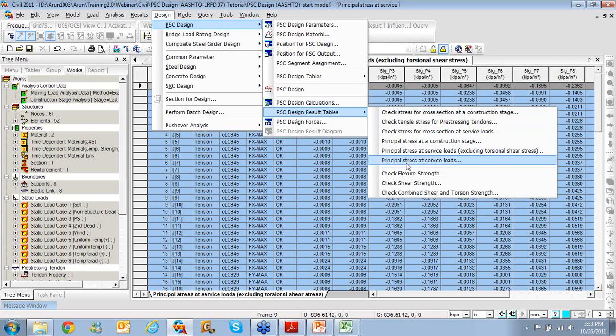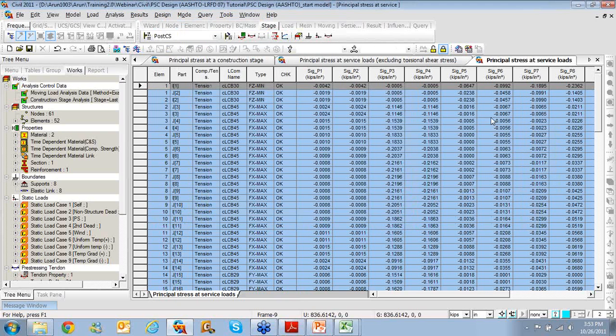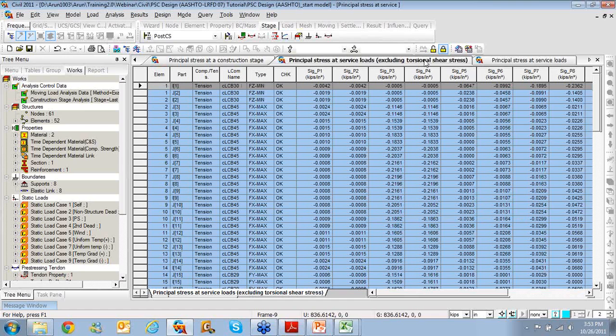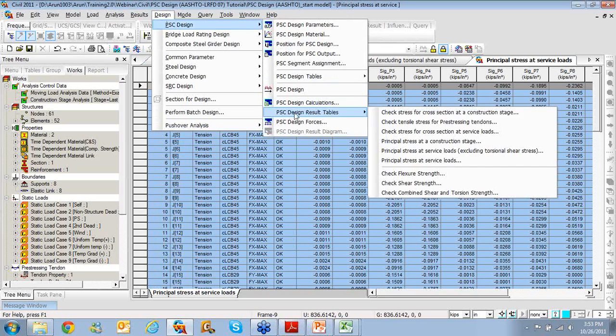Then you can come to principal stresses, again tensile stresses at service loads. That was for construction stages. This was for service loads excluding torsion. This is including torsion and everything at service loads. And then we'll move on to the